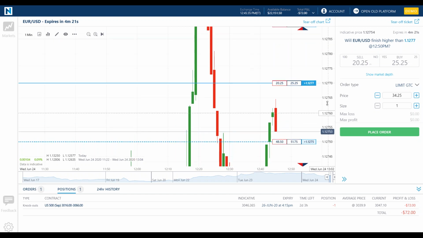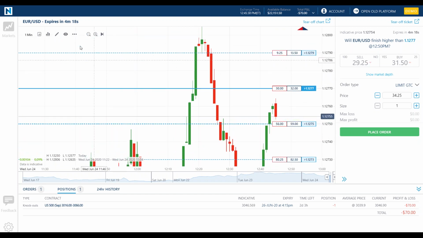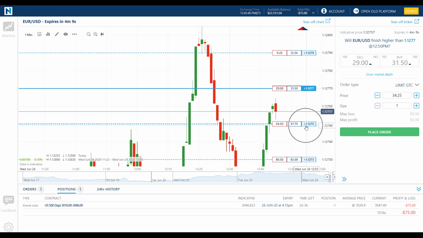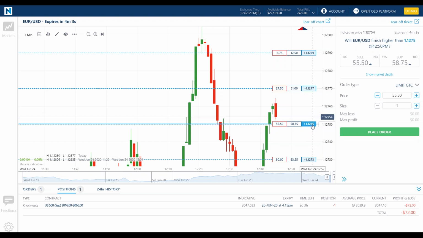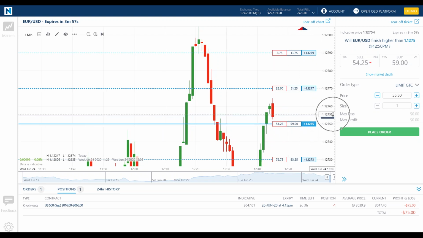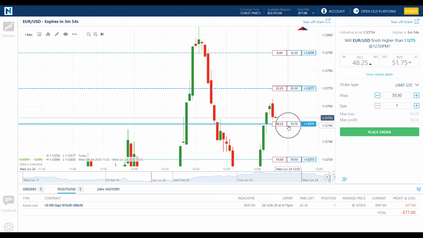All right, I'm going to zoom in a little bit more, and here we go. We're going to watch this horse race. Notice how there's 4 minutes and 16 seconds to go. This is price action. If you want to see how binaries trade, notice how we've got these levels, and for each one of these, is it going to be above or below? Right now, the 112.75 level is close to where it is right now, and so you see the probabilities are right around 50-50. It's either going to settle at 0 if it settles below, or 100 if it settles above. Notice that this one up here has only a 20% probability.